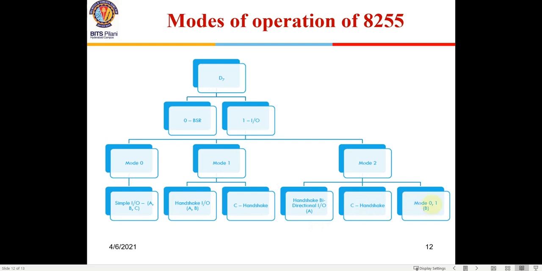And for mode B, it's wrongly written here as 01. Because now you have configured A as mode 2, right? If it is configured for mode 2, all the 8 lines of C will be used for mode 2 operation. Then you don't have an option but to configure mode B only for mode 0. You can't have mode 1 because the 4 lines have already been used by mode A. So B can be configured only for mode 0.